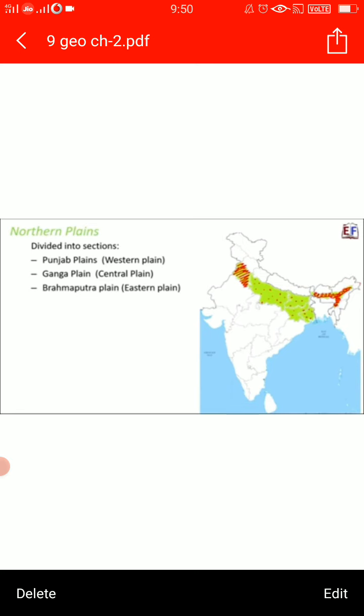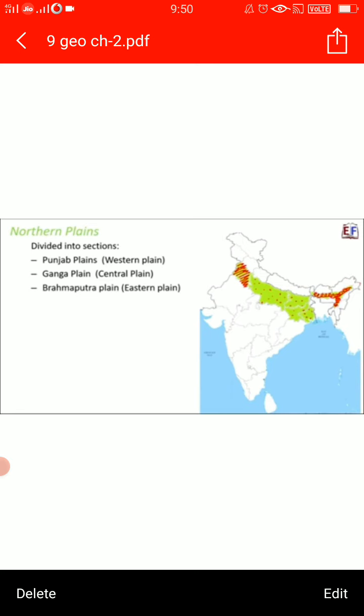Now, children, all the rivers which are coming from the northern mountains are involved in depositional work, meaning they are depositing whatever they are bringing. Fine. So, in some time, their slope becomes gentle as they have a lot of deposits in them. That results in the formation of riverine islands. Fine, children. So the rivers in their lower course split into numerous channels. When a river splits into numerous channels, these channels are known as distributaries.